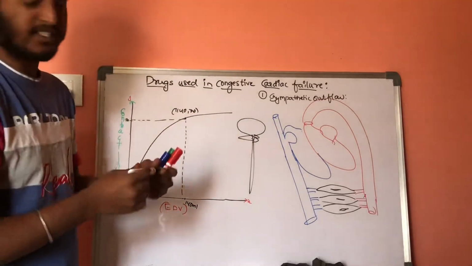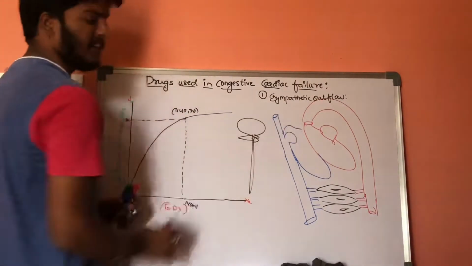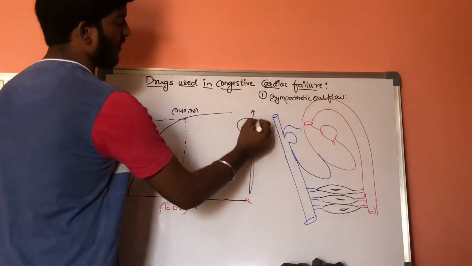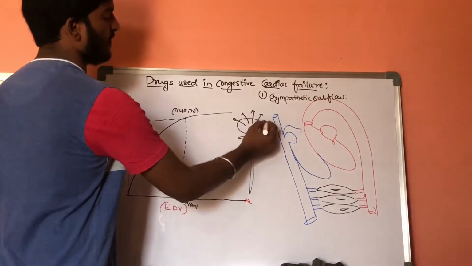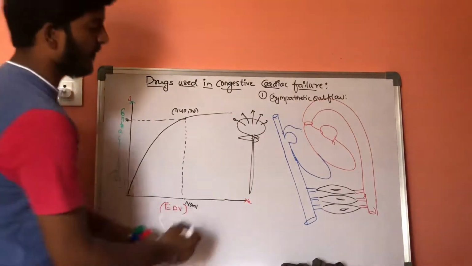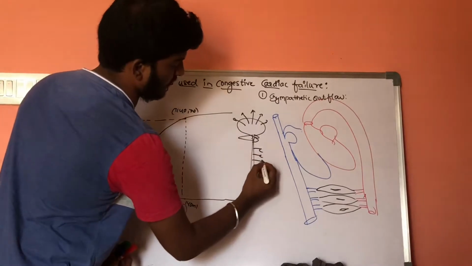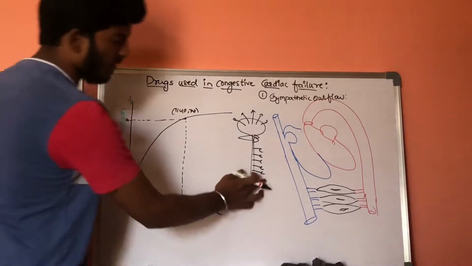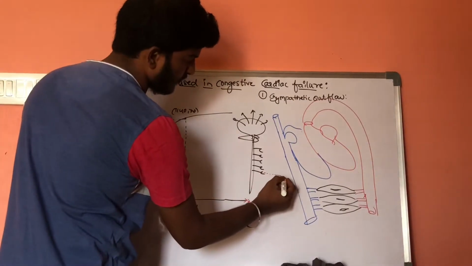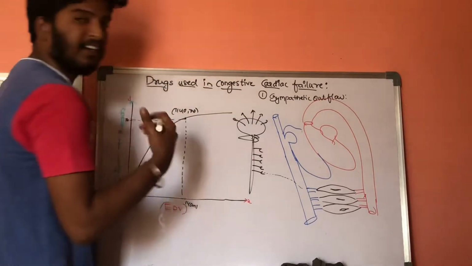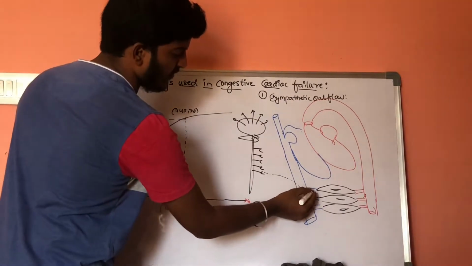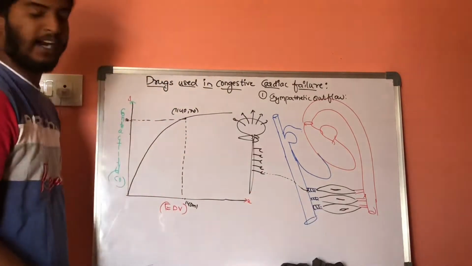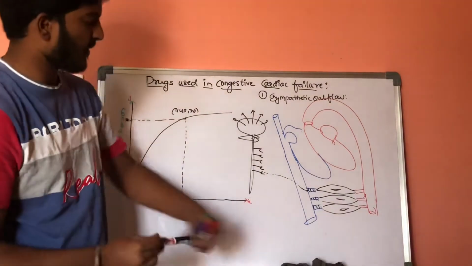let us consider this is our central nervous system, and if there is a sudden drop in cardiac output, sympathetic outflow will get exaggerated. The sympathetic system will get stimulated, then there will be a sympathetic outflow. This sympathetic outflow will result in constriction of the smooth muscles present in the venules.